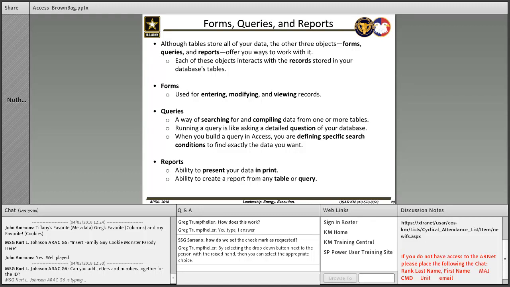A query is the way of searching and compiling your data from one or more tables. And it's like asking a question. So when I built my query,